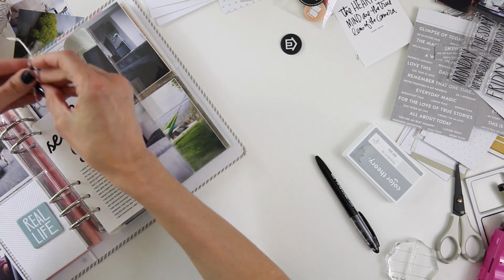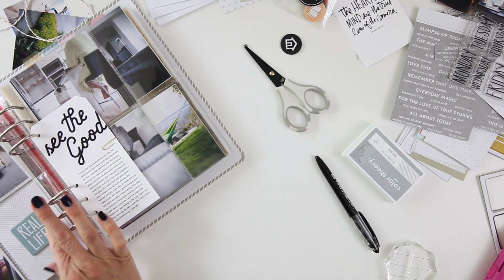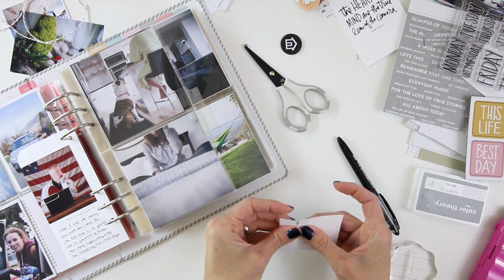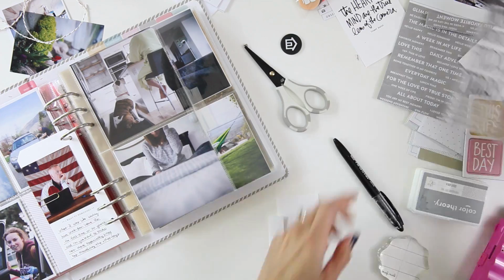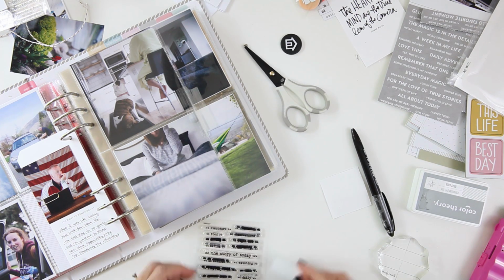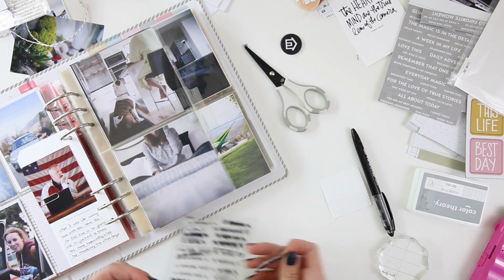I'm thinking about using it for this week in my project life, but it's got some word phrases like "real life looks like this," and "here's what happened," "hardest part of today," "little details from today," little things like that. So I added it to the bottom just to add a little extra something to that tag before I did the journaling. You can see that I was also trying to debate whether or not I wanted to add some